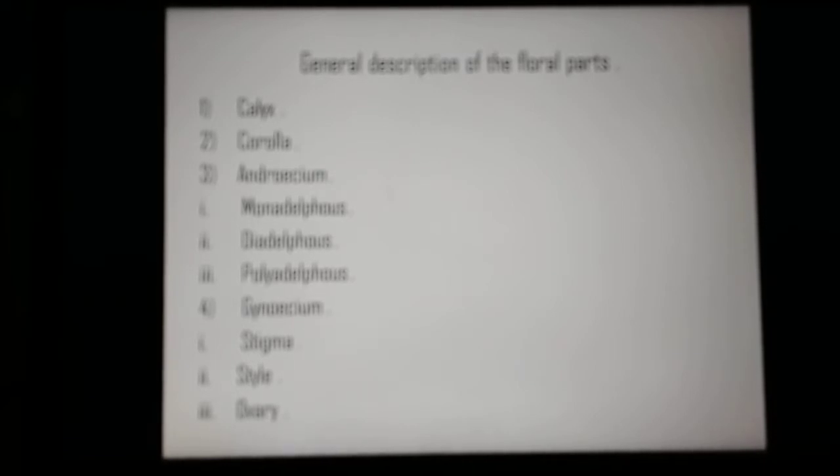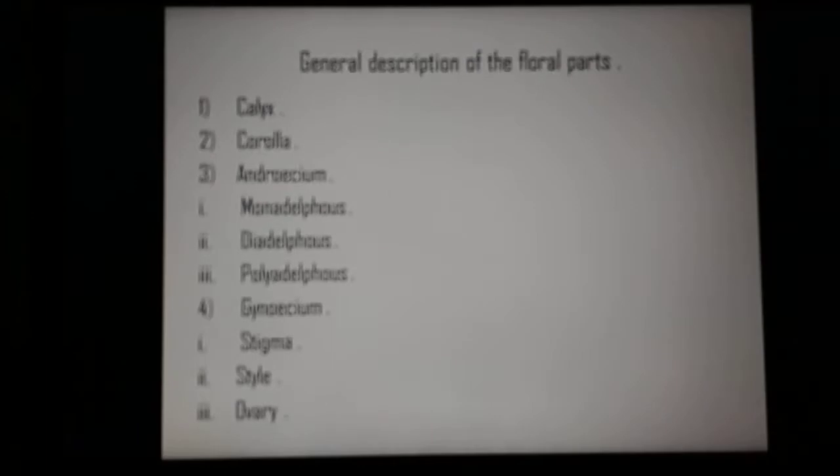Polysepalous flowers have the sepals separated from each other. Sometimes, as in hibiscus, there may be a second series of sepals called episepals, collectively called epicalyx. When the flower opens, the sepals may fall off or persist. Sepals are usually green, but in some cases they are brightly colored, as in gulmohar, where they are red.